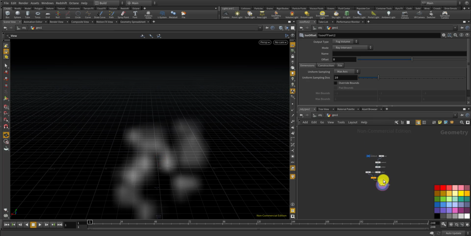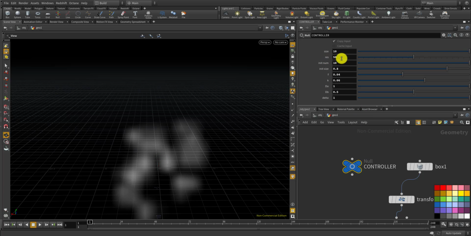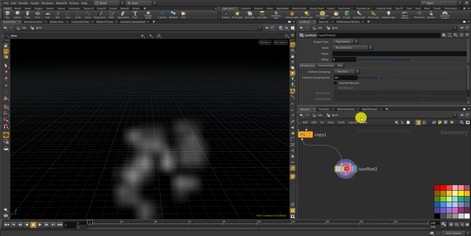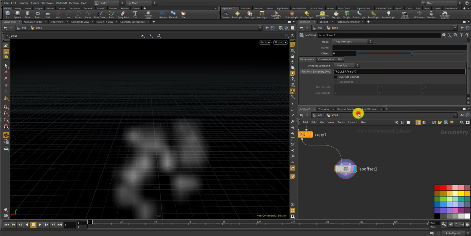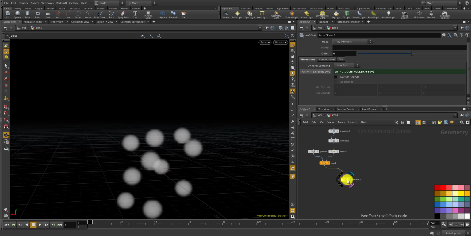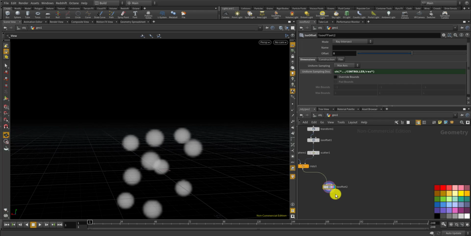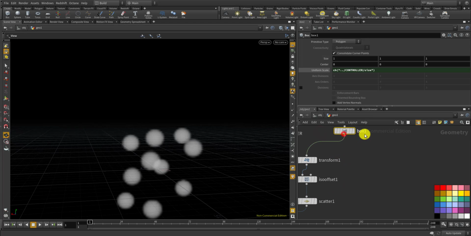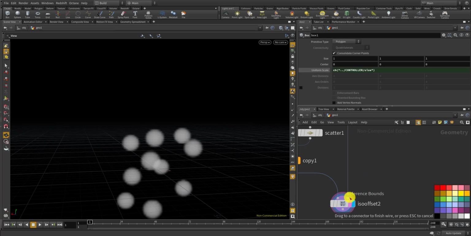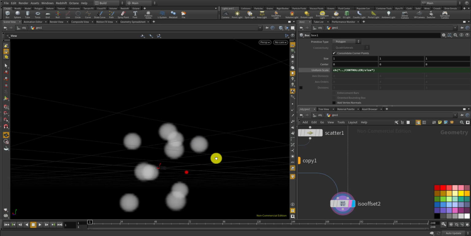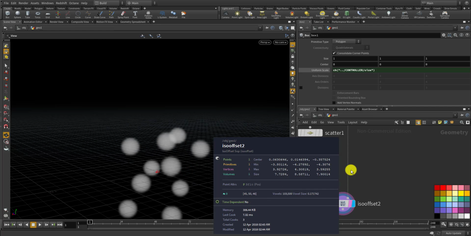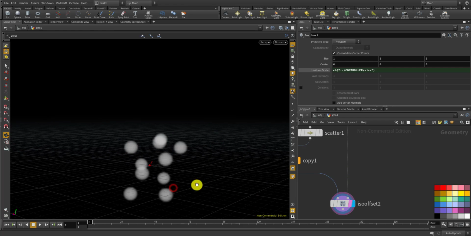Now the resolution is a bit low, so I would like to set the resolution parameter into this uniform sampling divisions. Okay, that looks better. I also would like to set the boundary, since right now, if you look at it, the boundary is not consistent, like 45, 50, 46. So to make it 50, 50, 50, I can connect this box to the reference bounds here, which didn't really change the number here, but it should give a boundary of 50, 50, 50,